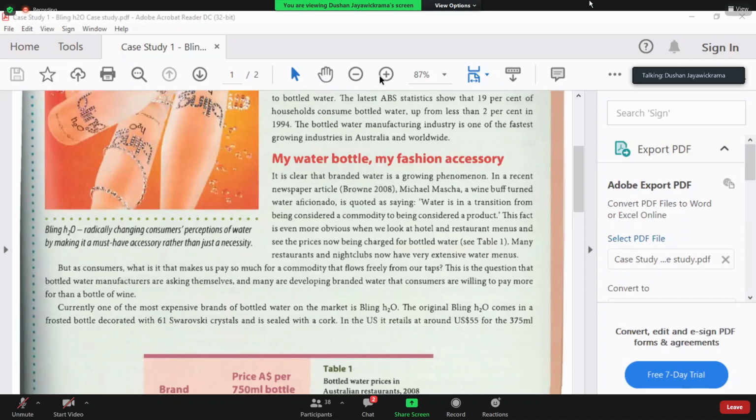Right. So thank you, Kavinda, and who was it who represented group number 4? Aruni. Right, Aruni and Kavinda. Yes, sir. Right, thank you, Kavinda and Aruni, for sharing your thoughts you have discussed within your group.